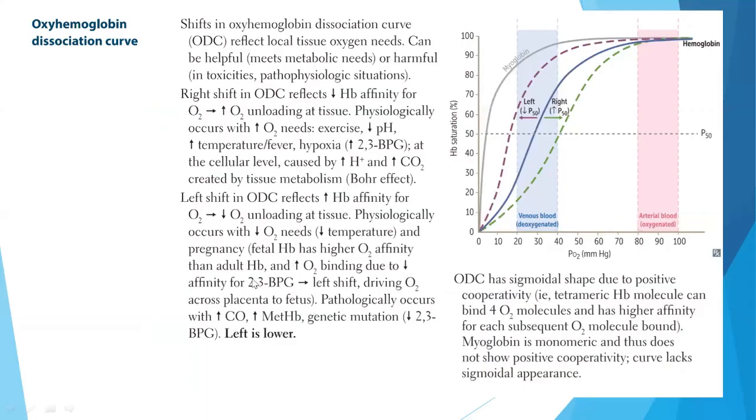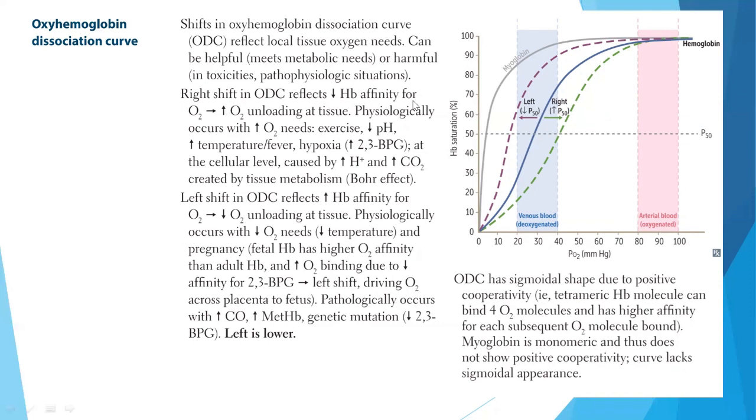Now let's talk about the oxygen hemoglobin, or oxyhemoglobin, dissociation curve. The shifts in the oxyhemoglobin dissociation curve reflect the local tissue oxygen needs. It can be helpful or harmful. Okay. Now the right shift in the oxygen hemoglobin dissociation curve means that there is decreased hemoglobin